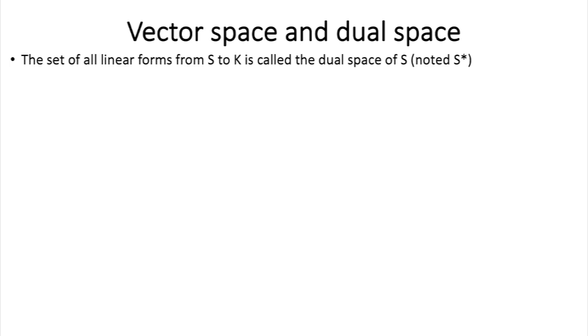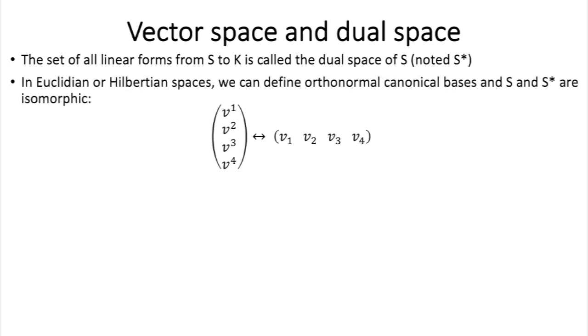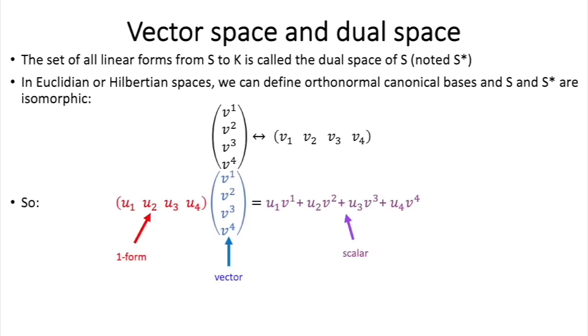In these types of spaces with finite dimensions, by the way, the dual space E star of E can be considered as the set of line vectors, corresponding to the column vectors. And this representation assumes that we selected a basis, of course, which is usually the canonical basis, the one with ones and zeros. And because of these, or thanks to these isomorphisms, we can choose what's more interesting to calculate results or solve equations.